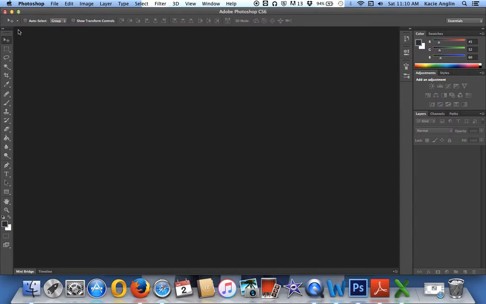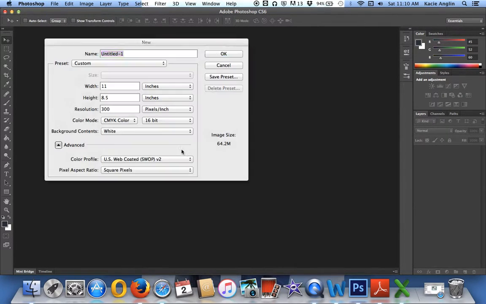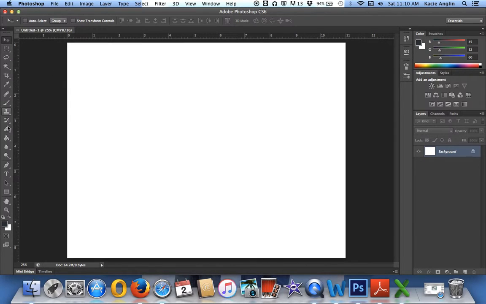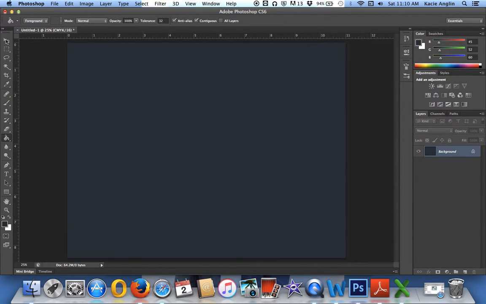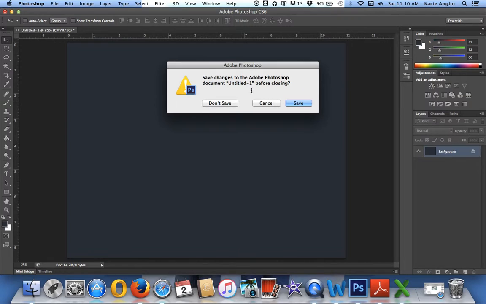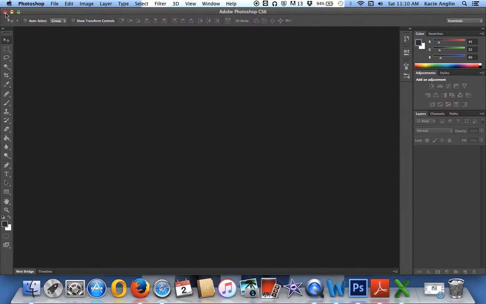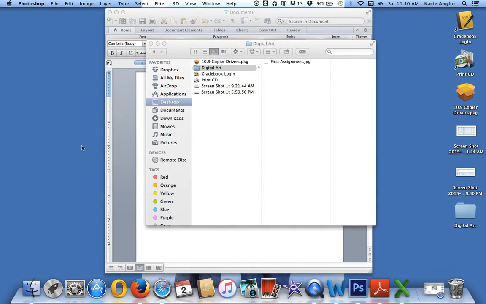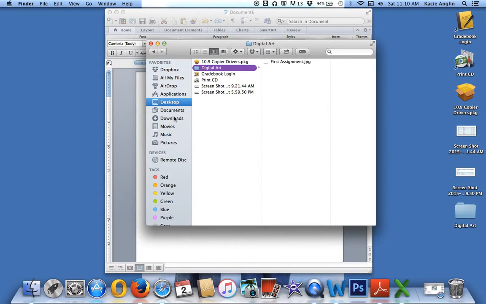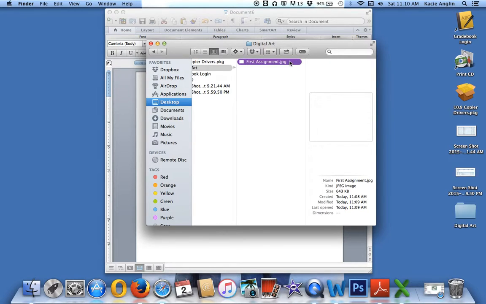Okay. If you are working in here and you have done something, let's do that. If I close this one, it's going to ask me, do you want to save your changes, because I didn't save. So if you accidentally exit out without saving, it will still give you the option to save. Okay, so when you are completely done, Command Q, quit out of the program, and then it is gone. Then if you go to your desktop to where you have your digital art folder, you will see your first assignment here. Okay, and that is it for this intro to